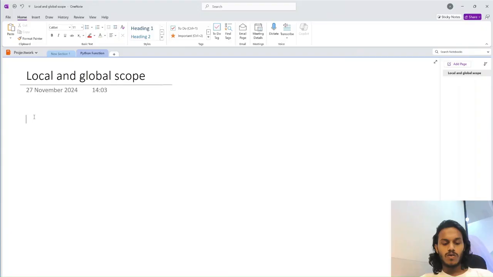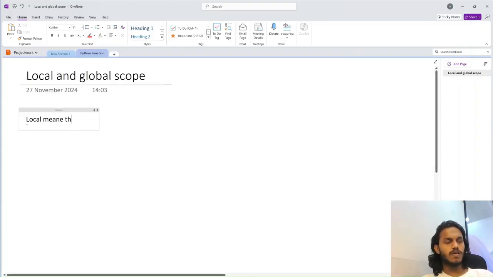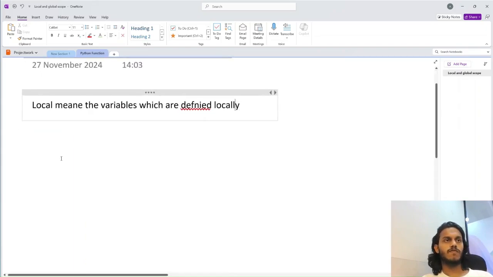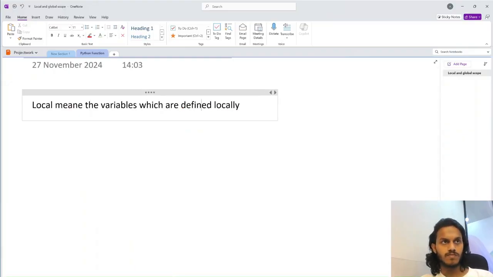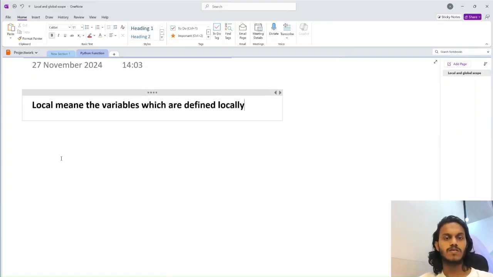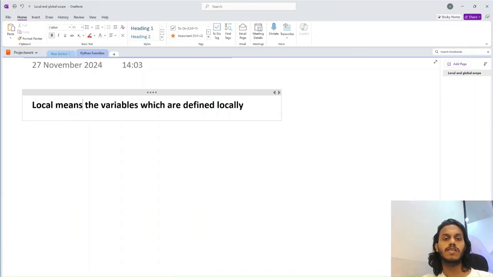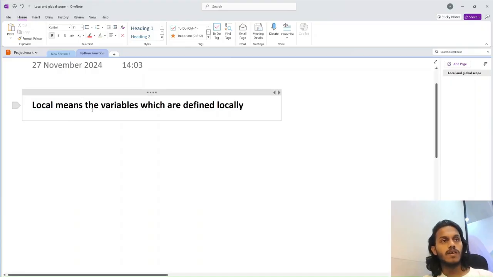local means the variables which are defined locally. What is the meaning of defined locally? It means the variables which you have defined inside a function. The variables, whether integer, string, doesn't matter, the variables which you have defined locally will be local variables. And